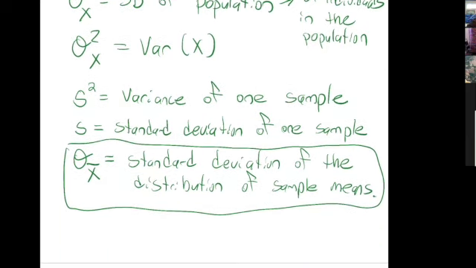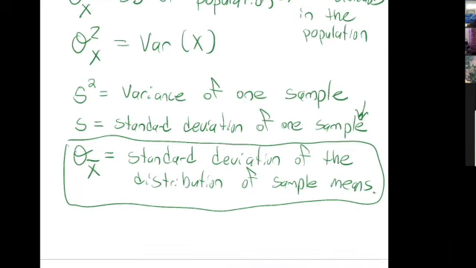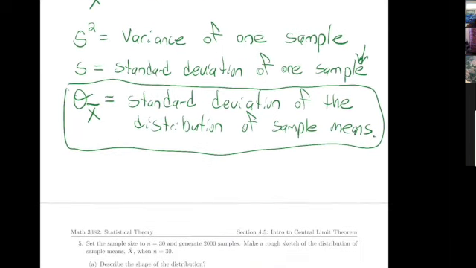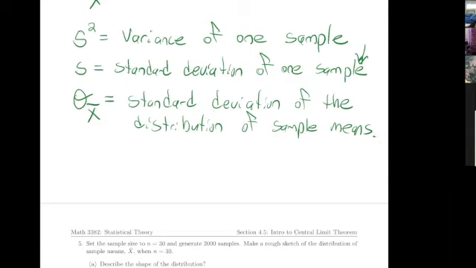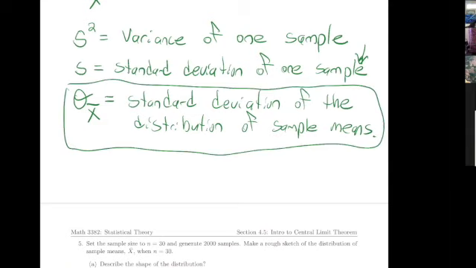The standard deviation over here, this is measuring the same thing just across one sample of 10 countries. Ultimately, what we're going to want to think about is how do we describe the variability in the sample means? So that's what this thing over here is. So this is measuring the variability